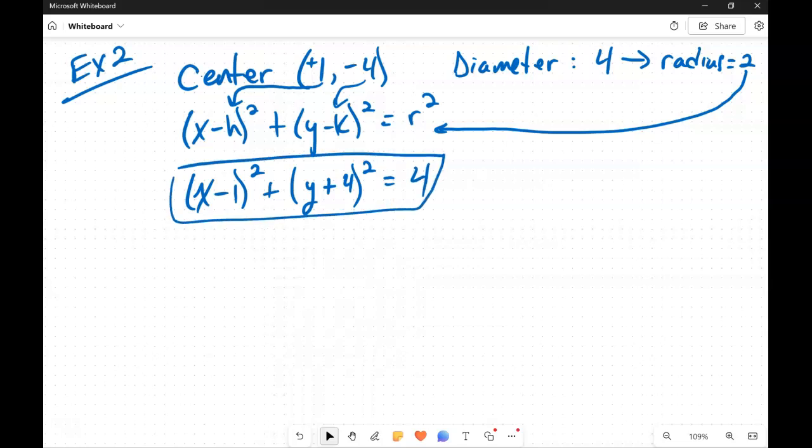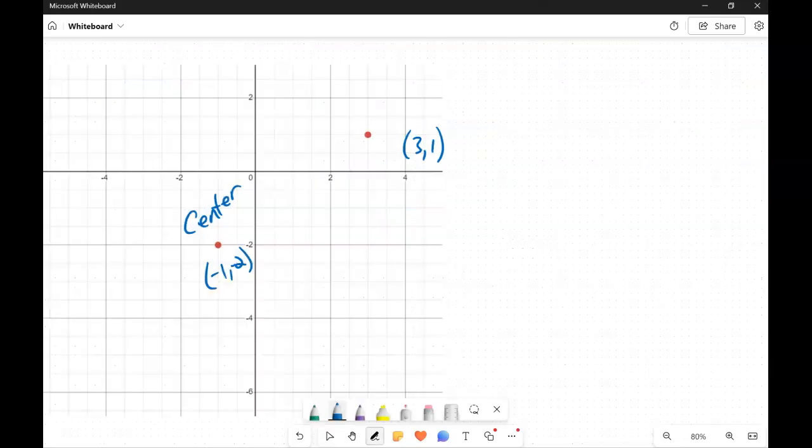Now those are two pretty simple situations, and sometimes it can get a little bit more involved than that. In this situation, I gave you the center, and I kind of gave you the radius. We gave you the diameter, which was easy to find the radius. So basically what you were given is almost exactly what you needed for the equation. Sometimes that's not the case. Sometimes I may have a situation where I know the center of the circle's location and I know a point